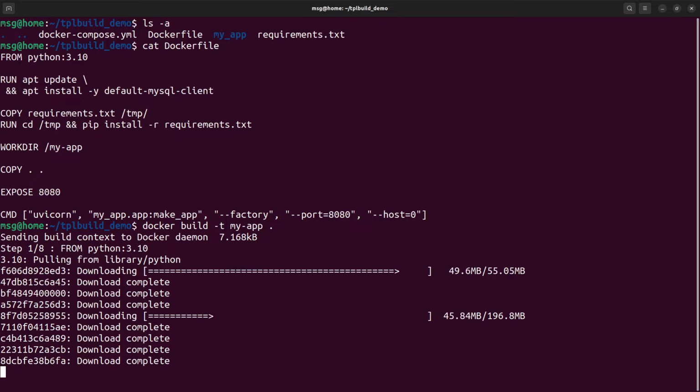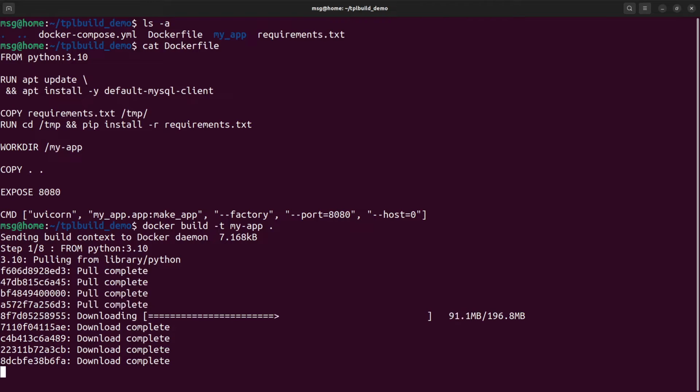This presents a problem when trying to make builds reproducible, however. Two people who attempt to build your image may be starting with different versions of the original source image. Just as we use package locks for our application dependencies, TemplaBuild helps address this by creating a lock file for our source images.